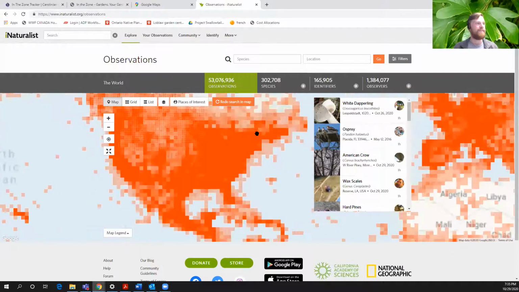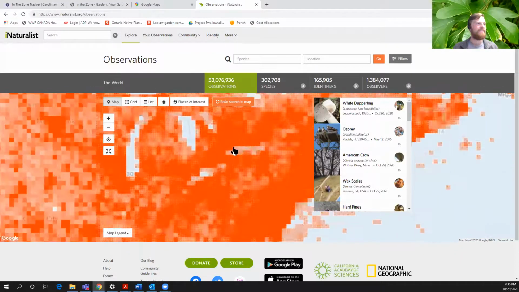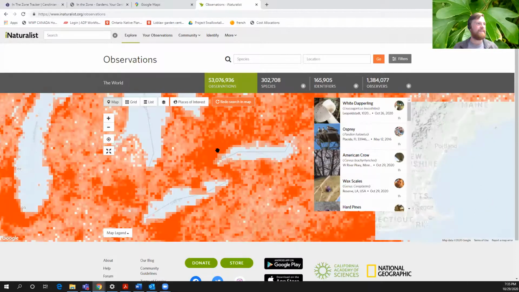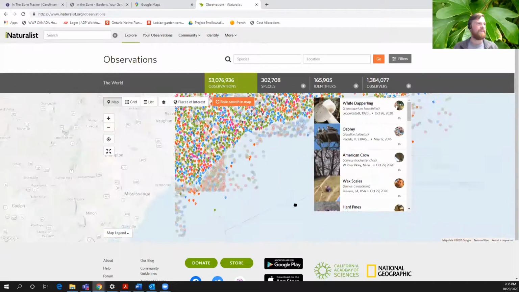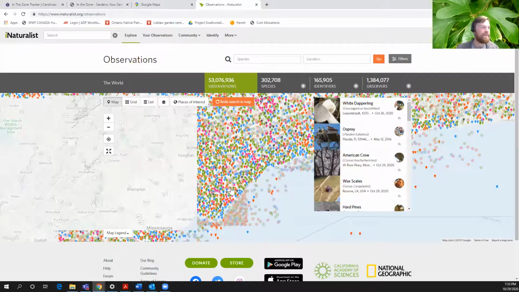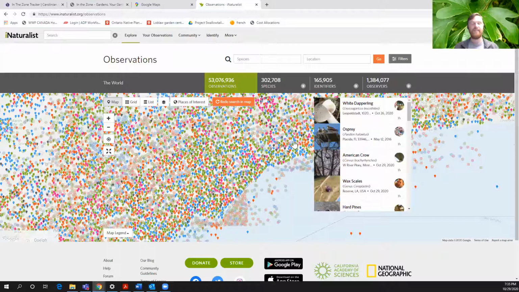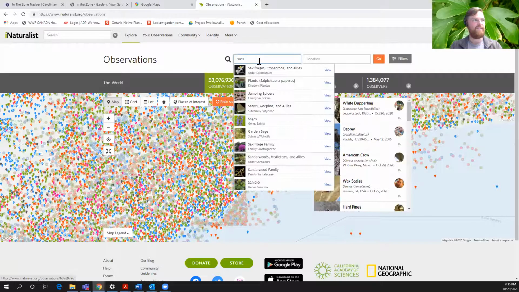So all of these little points, let's zoom in on Toronto. All these little points, oh my gosh, look at them all, are observations that people, just like you, have made by taking photos and uploading them to iNaturalist. So these are some of those examples. Again, let's look at sassafras.